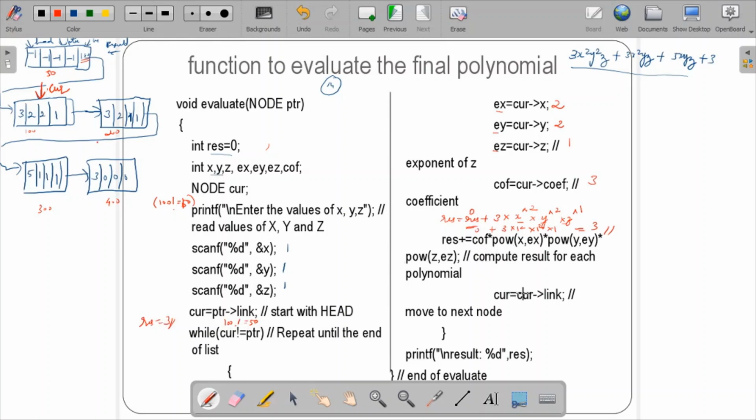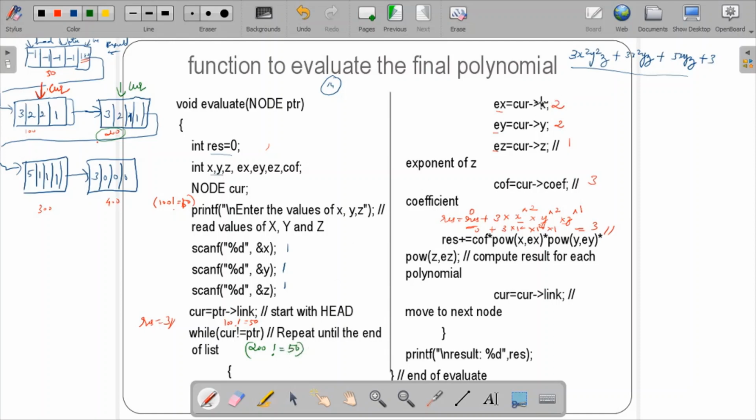Okay, so since this result is being performed, current will now point to the current link. So current is equal to current link. So current is having 200. Now the updated current will again come back over here. What is current now? Current is 200, and that is not equal to PTR. PTR is what? 50. Yes, it is true.